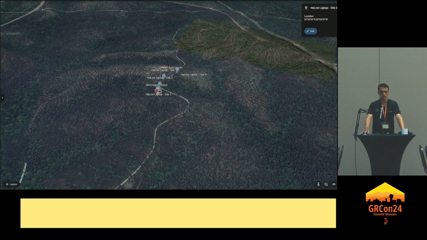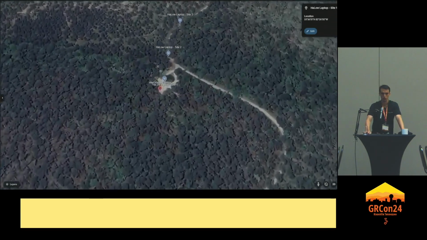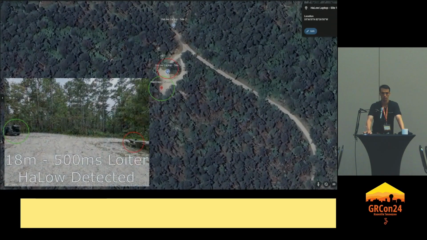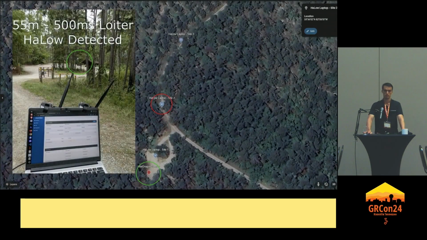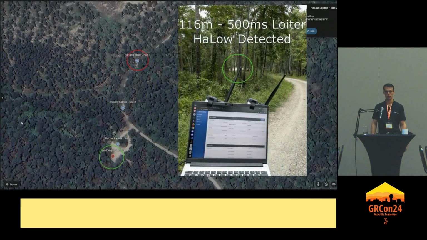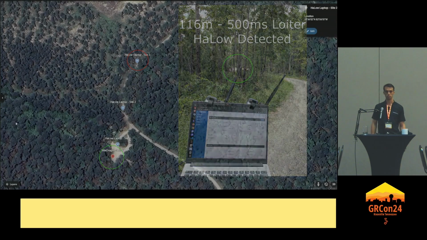And then here was the actual distance testing I conducted, just roughly yes or no, did I receive Halo packets or not? At my really short 18-meter distance, I got detections. 50 meters away, through some trees, I was still able to get some packets. Even 100 meters away, I was getting reliable Halo detections, which was awesome.